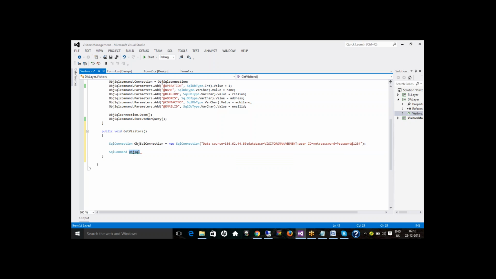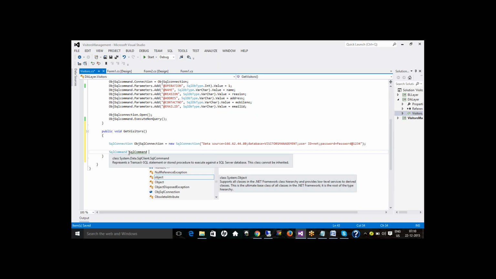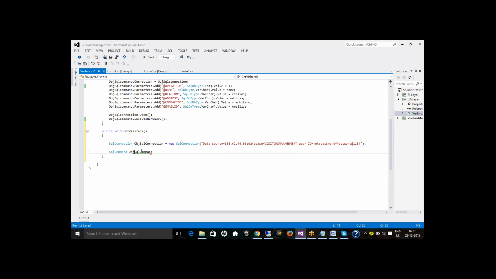SqlCommand obj equal to new SqlCommand, and this also has a parameterized constructor and a default constructor, right? So I'm using the default constructor here, and then objSqlCommand dot Connection. I need to specify the connection equal to objSqlConnection. Then next step,